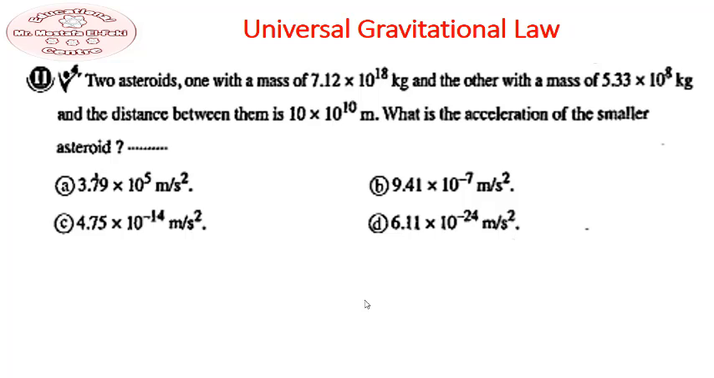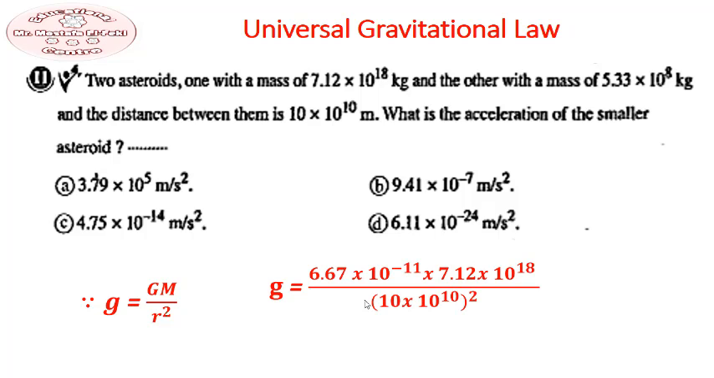Two asteroids, one of mass 7.12 times 10 to the power 18 and the other 5.33 times 10 to the power 8 kilograms. The distance between them is 10 times 10 to the power of 10 meters. Then the acceleration of the small asteroid is. This is the relation, and substituting the numbers directly into the relation, then the gravitational acceleration is